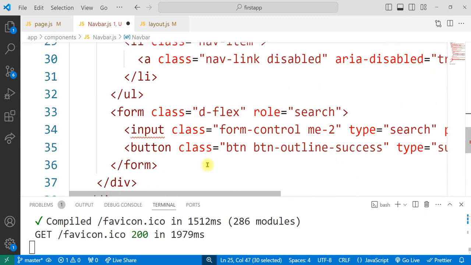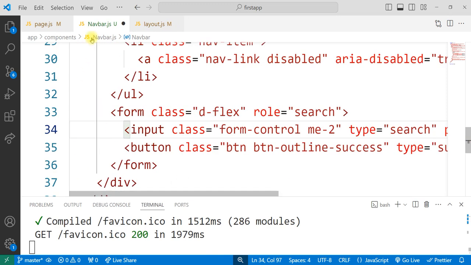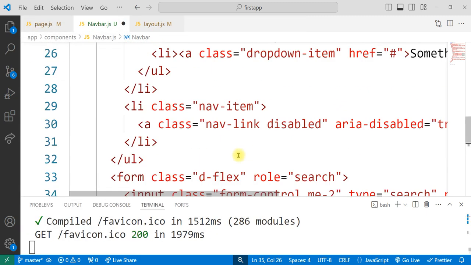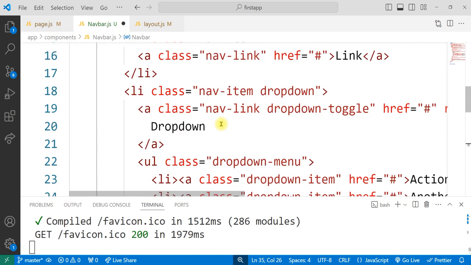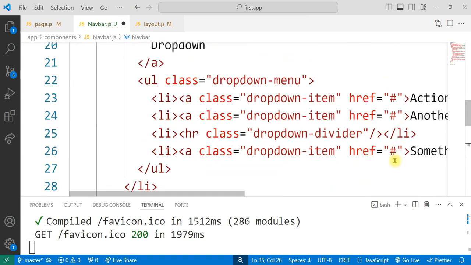Then you come down, you see there's an input here, and it's also self-closed. So here at the end, when you scroll to the end, you see it. So you want to do a self-close. And now you see our indicator has turned green, which means it is all good, it's no more red. But then we still have this class name here. So make sure you have corrected the two errors we have in there, by looking for the HR and then doing a closing tag here, and then